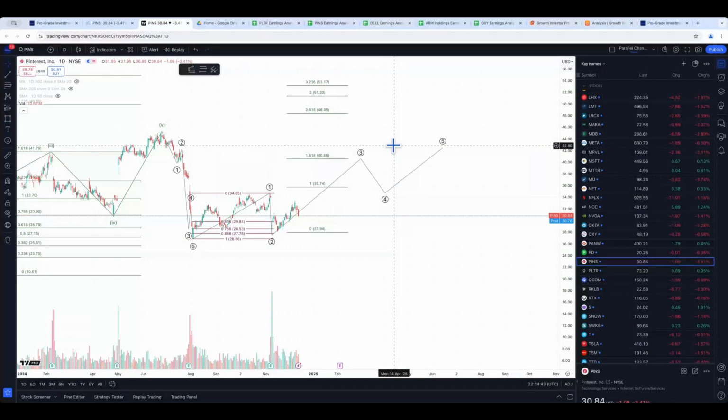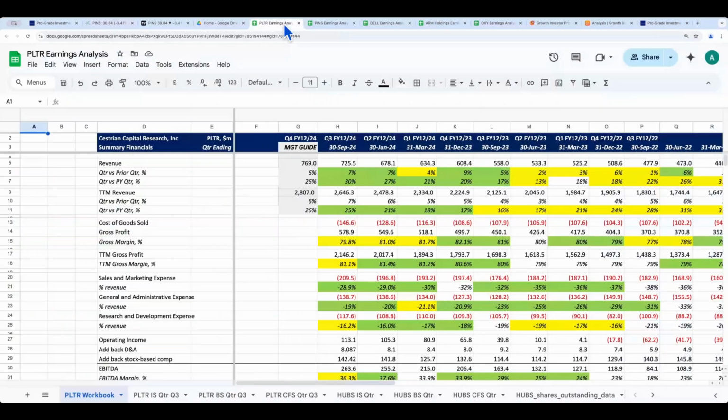Okay, let's take a look at Palantir before we finish off on single name stocks, and then we'll dive into the indices. We'll do about 15 minutes on indices, bonds, and oil, and the VIX. So Palantir. Fundamentals on your screen right now. Fundamentals look good. This is the main thing, which is growth continues to accelerate.